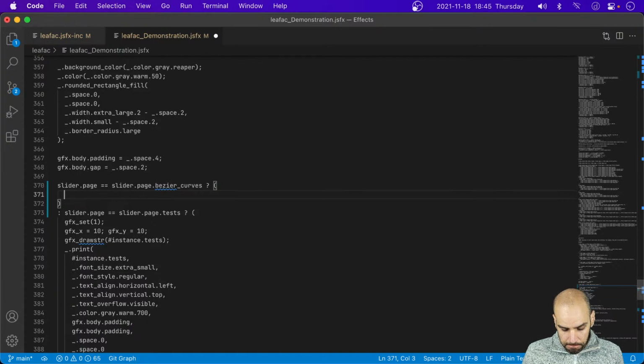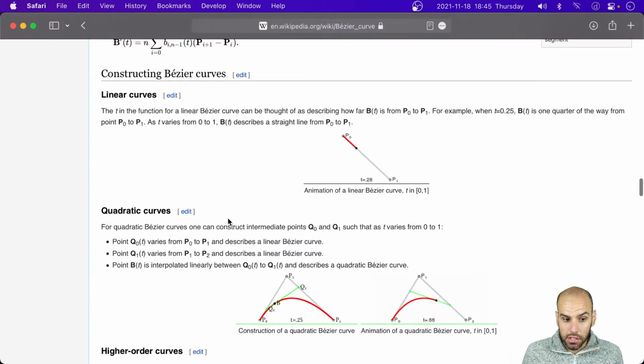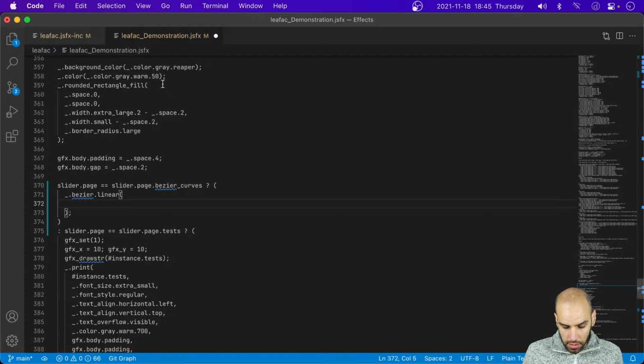And so how about we start by giving this a name? Bezier Linear. And in the case of the linear, I need 2 points, P0 and P1. And I'm going to use the names I find on Wikipedia. So, actually, I'm calling the function. So I'm going to go